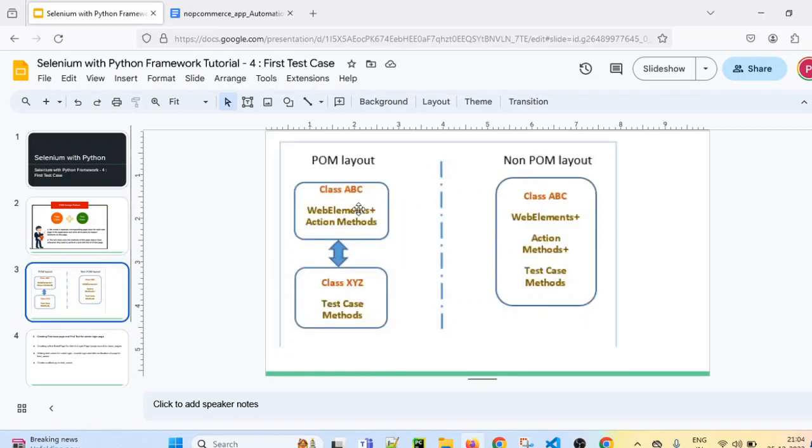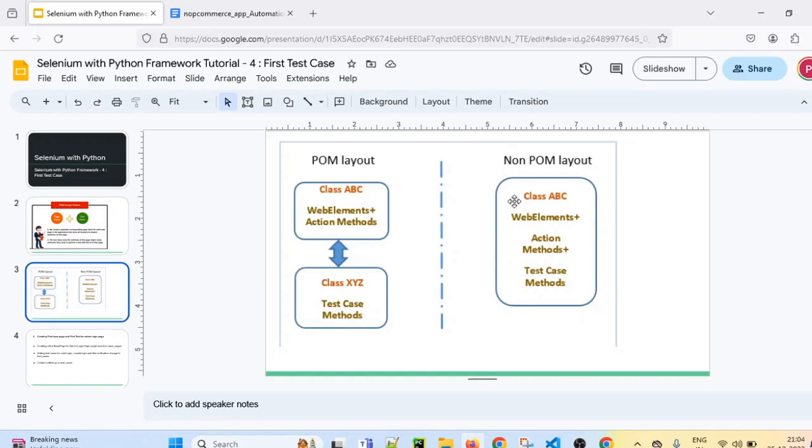In previous sessions, whenever we did Selenium automation practice, we did not create multiple classes. What we did, in the same file, we identified the web elements. In the same file, we also performed various actions on them, for example text input, any click, selecting the drop down.